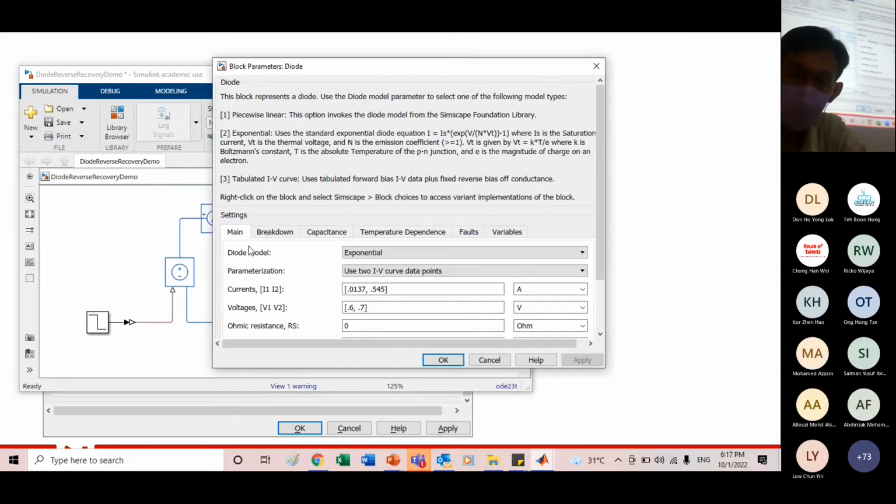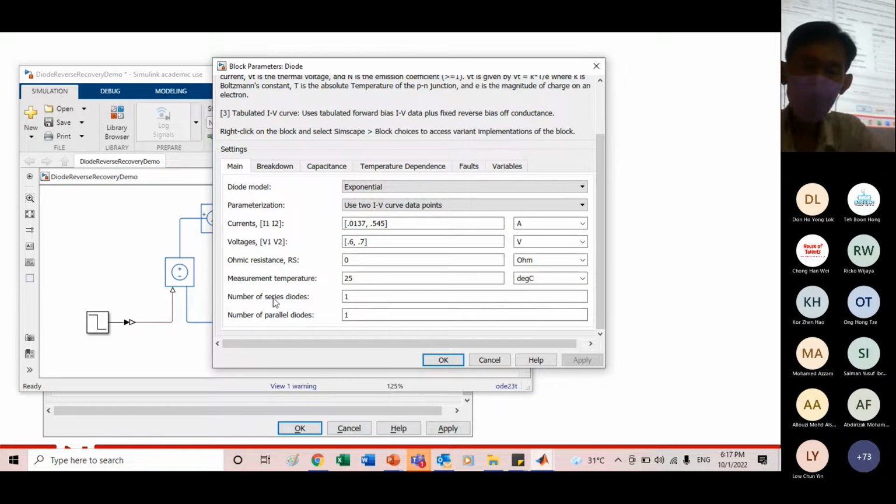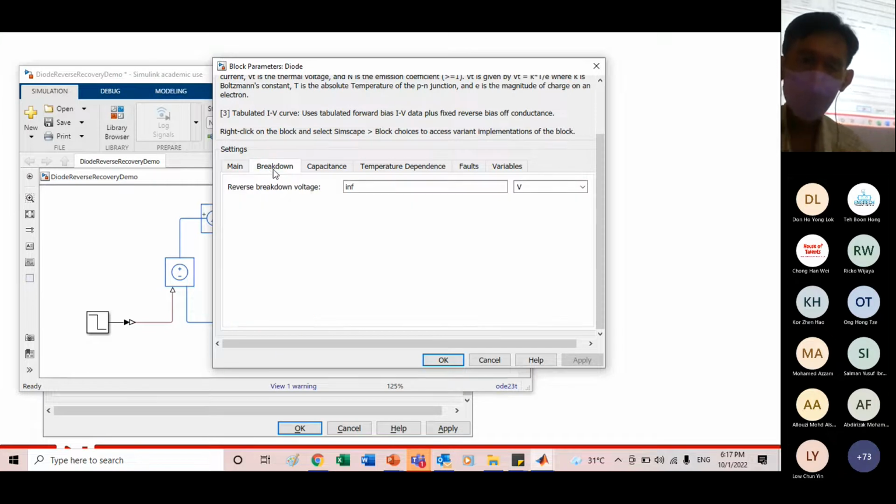Okay, the first one again, in summary, you can do your serial parallel here. You can do exponential or tabulate. Breakdown voltage, okay, I said infinity. By right, it should be 1000 watt. Okay, that is the breakdown voltage. Remember this one, because normally,